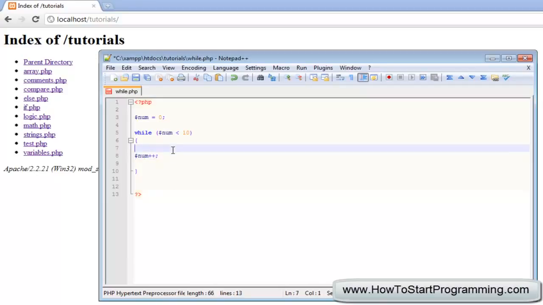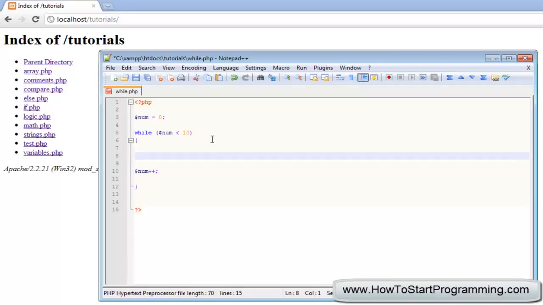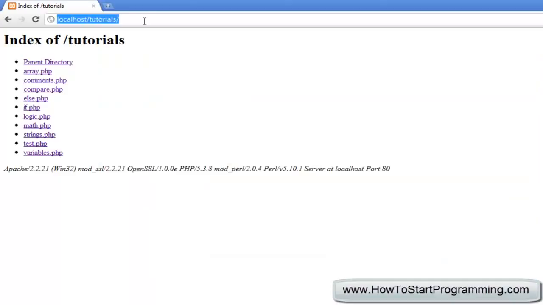so this will just add 1 to num. Lastly, it'll make more sense to add the echo here. So we're going to echo, and then in quotations "the number is", and then we'll concatenate a break onto there. Whoops, forgot the quotation mark, a break. So we'll save this while.php,